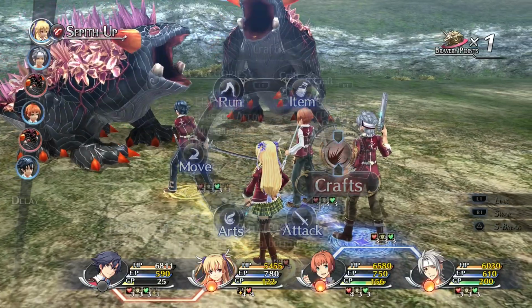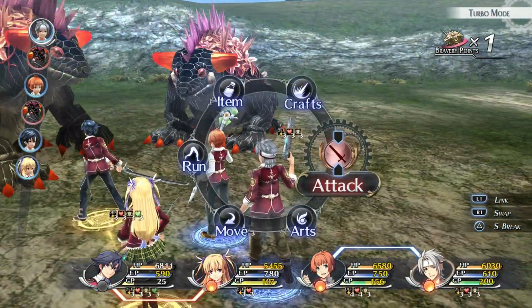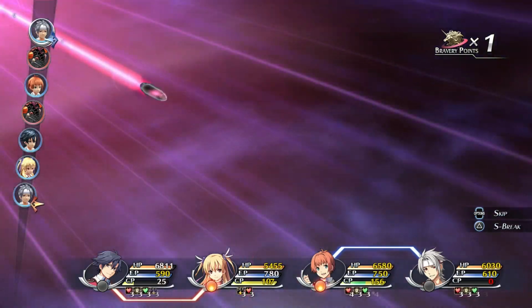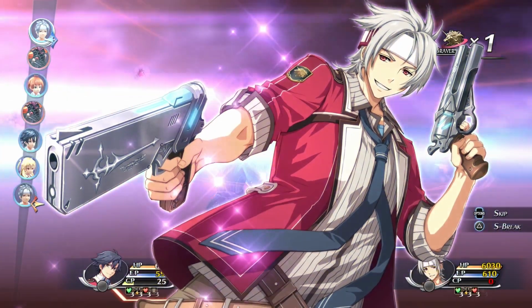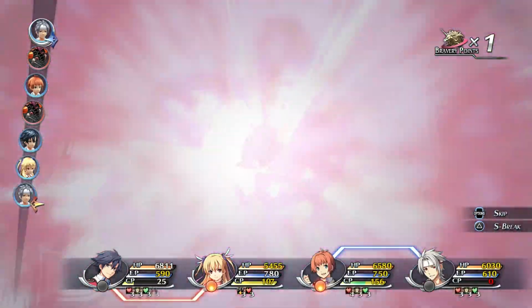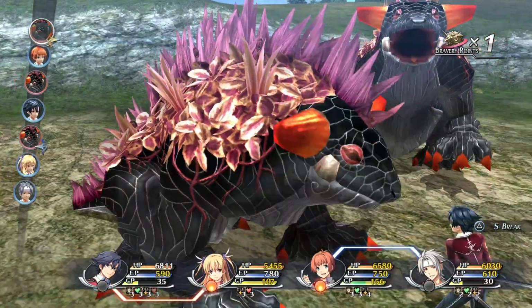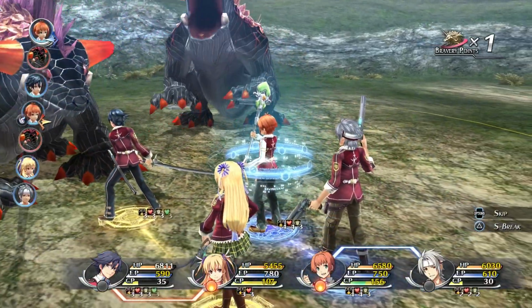私の番ね。燃え尽きなさい。 俺の番だな。さて、行きますか。Frost Raven. クロスレイブン。じゃあな。さてと、アクス駆動。